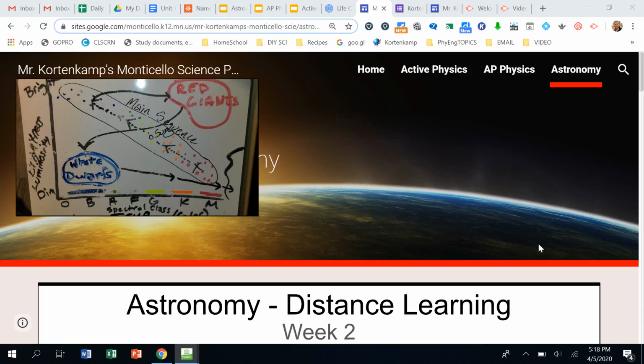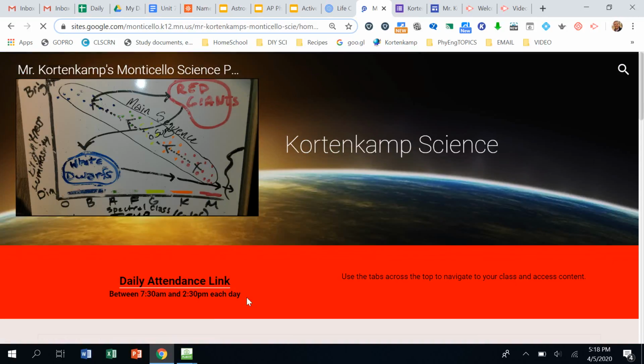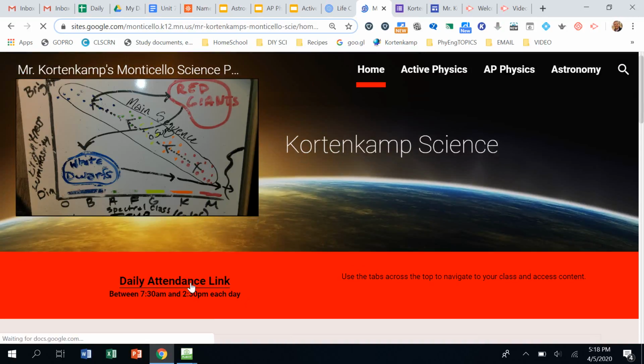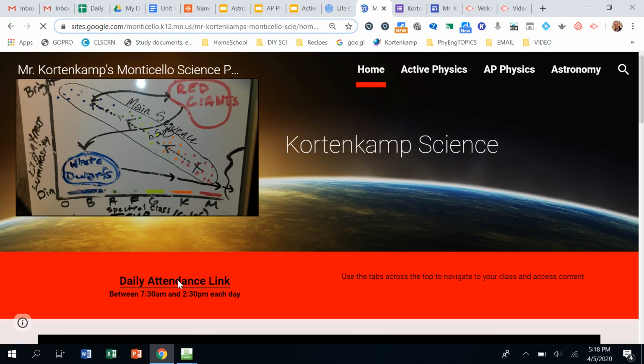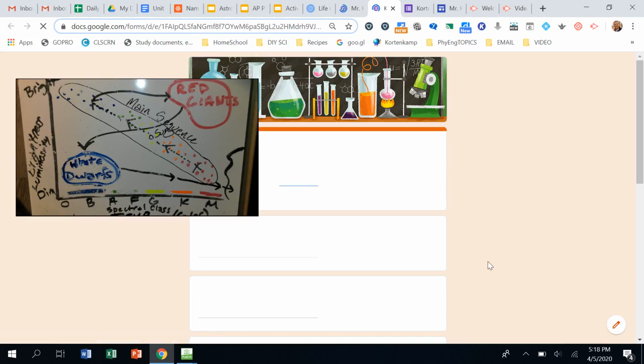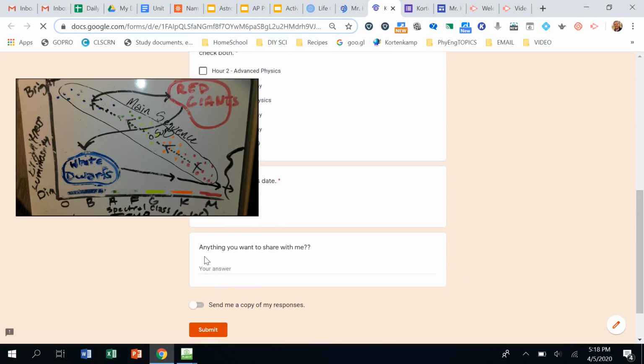As we move to week 2, we're doing things on the Court and Camp site, anton.courtandcamp.org, and the first thing you're going to do is the attendance link. 98% of you have been doing it, so we're hitting pretty good. I have added one extra thing. If you look all the way down at the bottom, anything you want to share with me. I'm sure you're itching to chat with me right now. So feel free to send me a question, comment, suggestion, joke, whatever you want. You don't have to fill it in, but if there's something you want to get to me without bringing up an email or a Schoology message, just toss it at the end of your daily attendance.